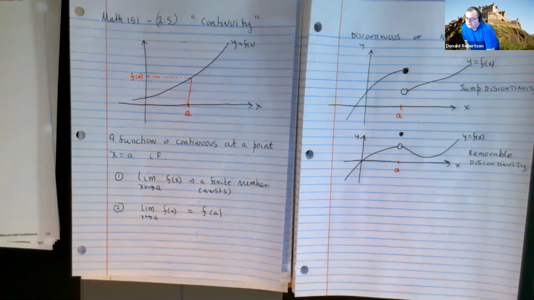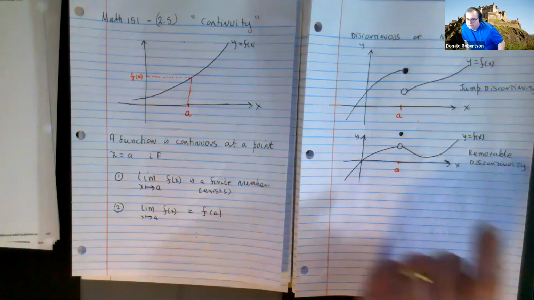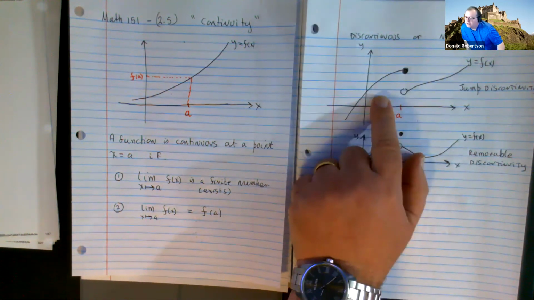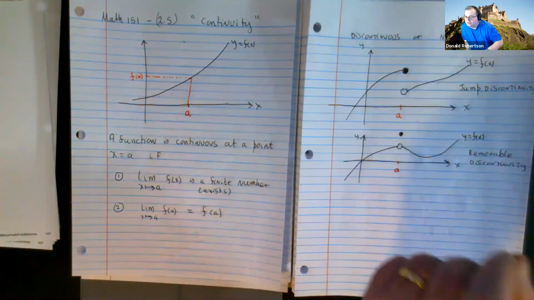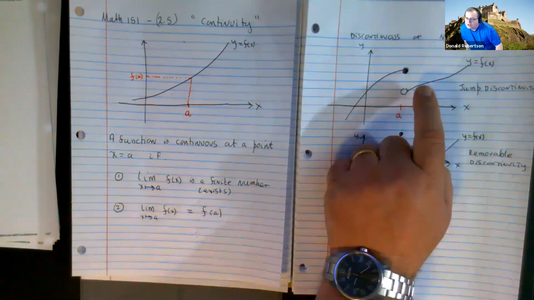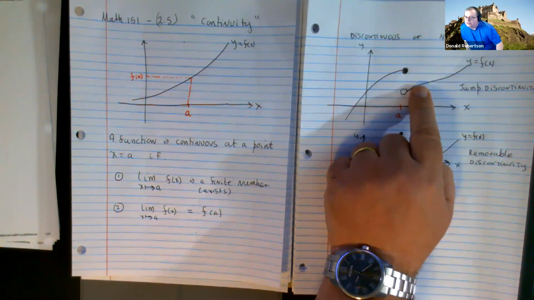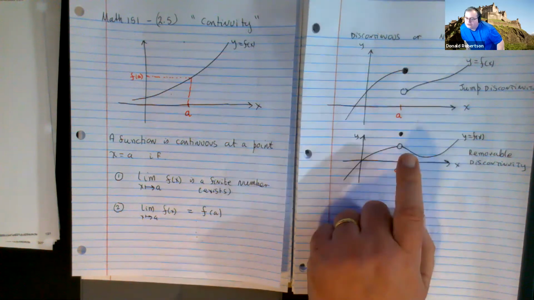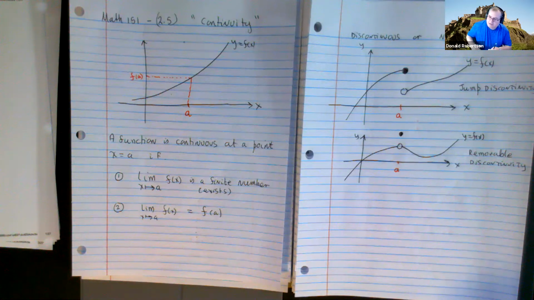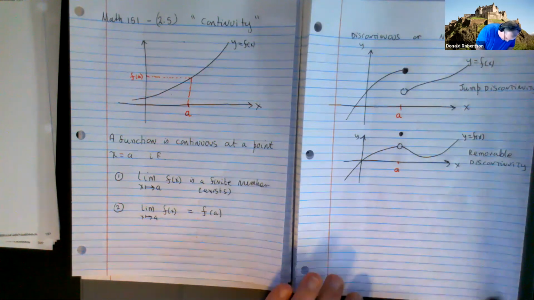Right, that's quite a common discontinuity for a function to have. This happens very often in piecewise functions. Do you ever see piecewise functions where for an x bigger than 1, it's this, and x less than or equal to 1, it's that? So you'll see them very often happen in piecewise functions. This kind of discontinuity tends to happen when you have a rational function where you can simplify it down, but there's still a little hole. Right. And the third and final one